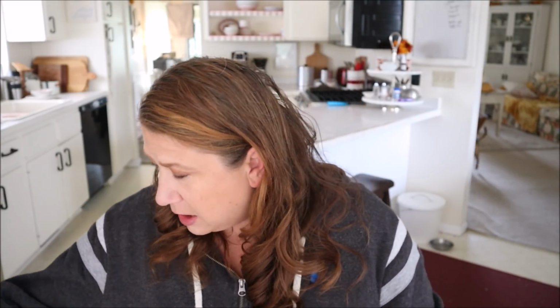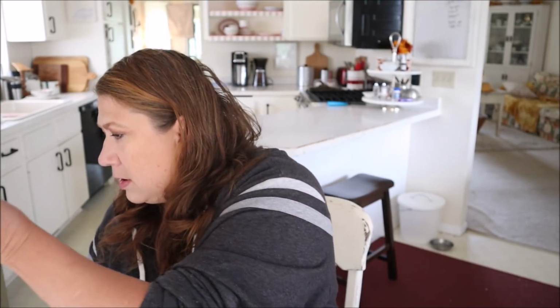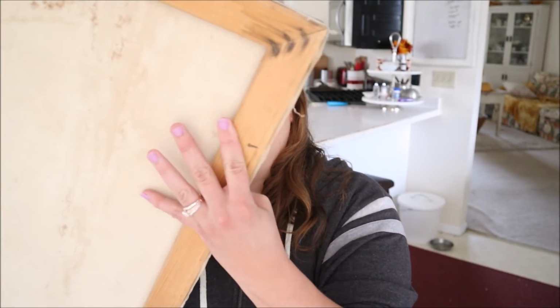I could not believe it was still sitting there on the shelf and nobody had picked it up yet. For $7.99, I was like, I think that is a bargain. Granted, it doesn't have a frame or anything, but I don't really care. I actually prefer paintings that aren't in frames, and I don't know why that is. I think it kind of gives off more of a casual vibe, and I just love that. So I am super thrilled about this. This thing's been around for a while. You know what? I never checked to see if it was even...